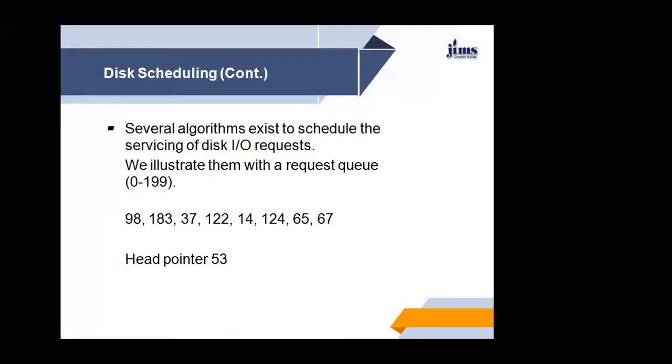Initially, the head pointer is on the number 53. If the disk head is initially at cylinder 53, since we are discussing first come first serve scheduling, it will first move from 53. Initially it was at cylinder 53, so it will move from 53 to 98. Then from 98 to 183, then 183 to 37, then 37 to